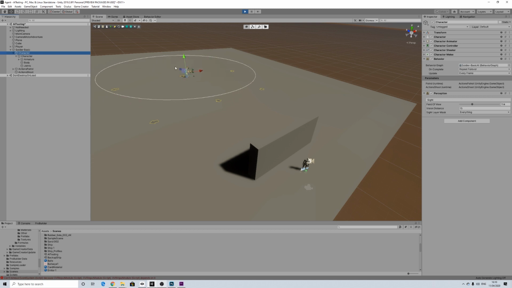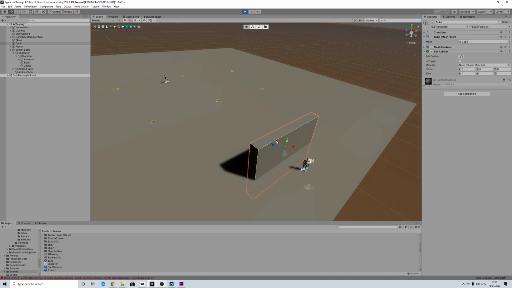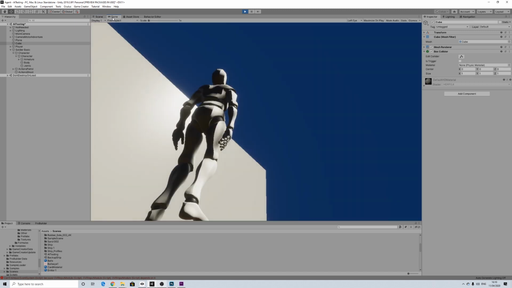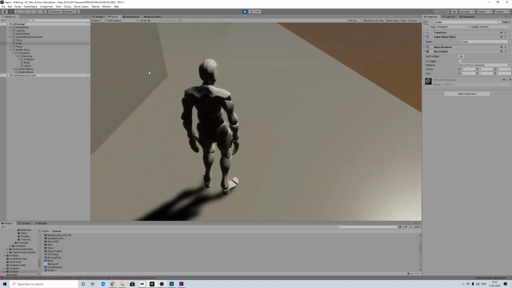So this is his cone. Not really sure if you can see this really well, but he has a cone view here, and the circle is the distance. I wanted to make sure that it wouldn't trigger right away, so that's why I put this block object in place. Now if we go into game mode, control our player,